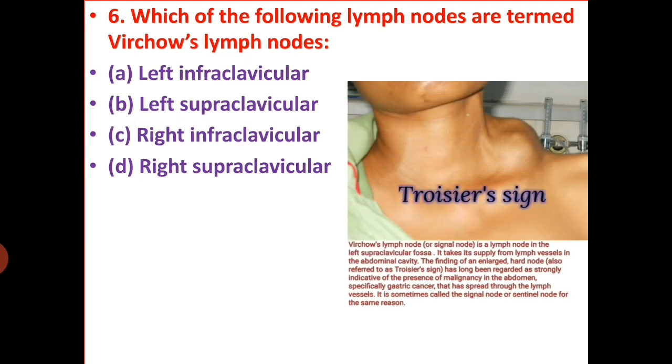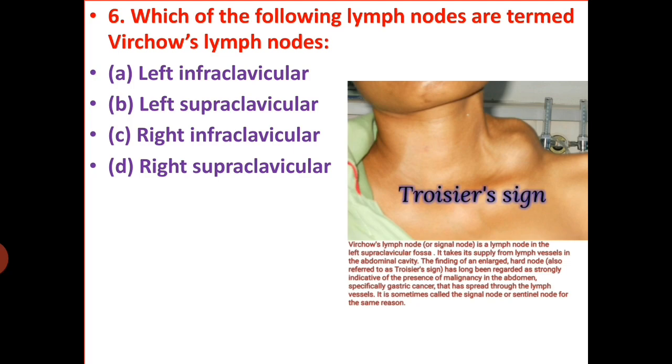In this image you can see that on the left side of the neck there is a swelling. The most common cause of swellings in the posterior triangle is lymph node enlargement. Usually the supraclavicular lymph nodes enlarge in tuberculosis, Hodgkin's disease, and malignancy of the breast, arm and chest, so the supraclavicular lymph nodes are commonly involved.